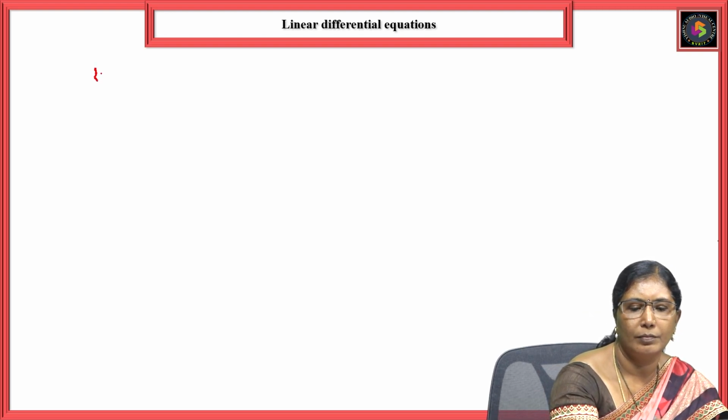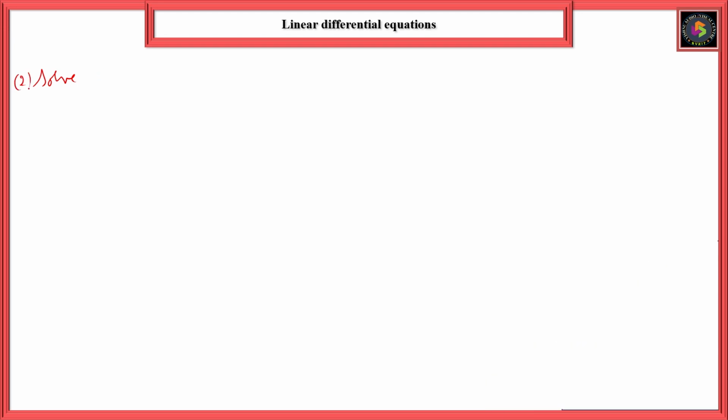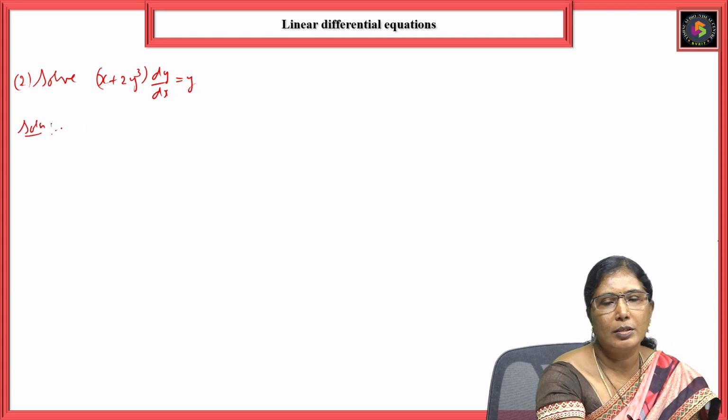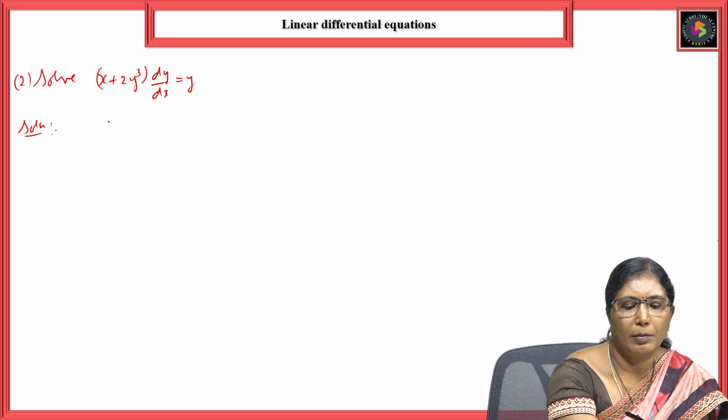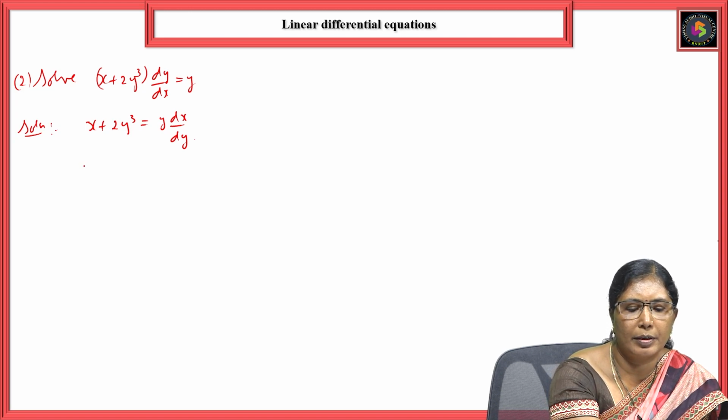Solve, second problem. Solve x plus 2y cube dy by dx is equal to y. Now this you can solve. So you can write this as cross multiply dx. We can write it as x plus 2y cube is equal to y into dx by dy. So since it is dx by dy, we require the next term as x. So it can be written as y dx by dy minus x is equal to